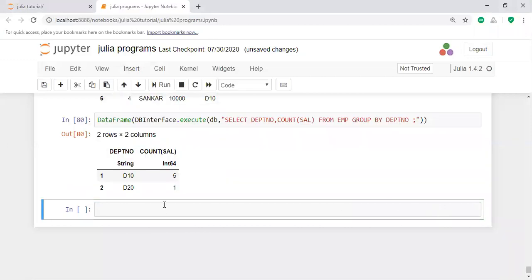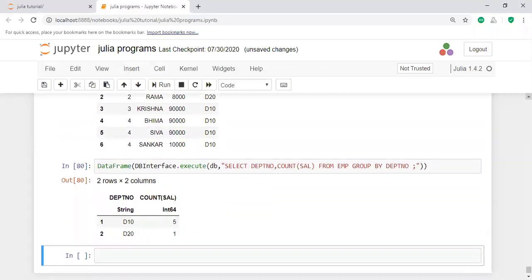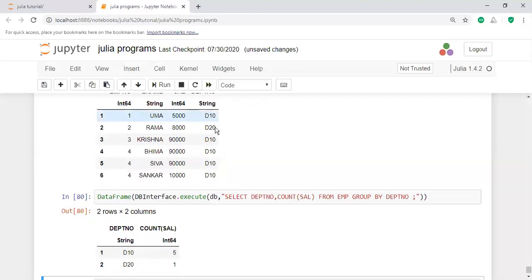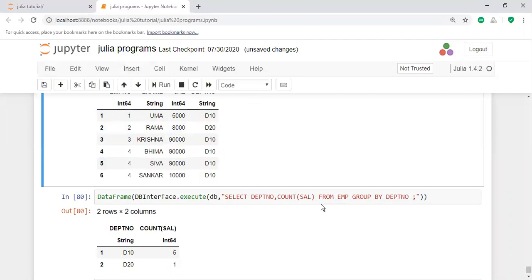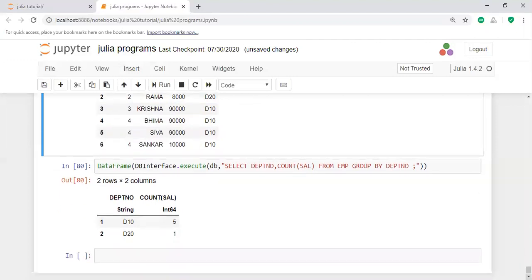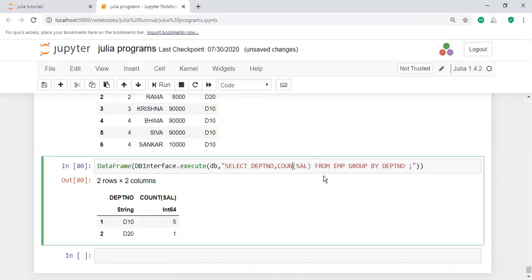What is the group here? The department number. How many values are there? Department number consists of 1, 2, 3, 4 in this particular group, and the department name has only one value. In this way you will identify the minimum salary, maximum salary, and, for example, I want to know the sum of salary from the groups, the sum of salary by department number. It displays department number 10, sum of the salary.